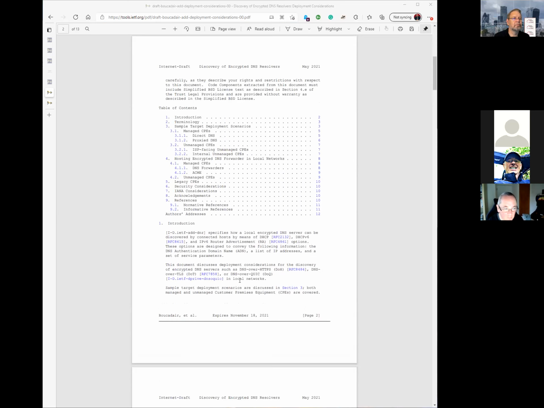And for us, it's very important that we wanted to make sure the endpoints continue to discover and use local forwarders so that we can enforce policies at an IP level, because we typically have a policy of blocking certain endpoints because we see they are infected with malware,